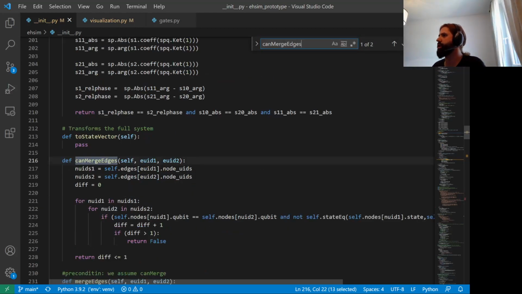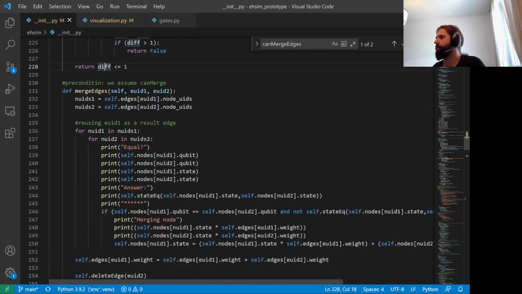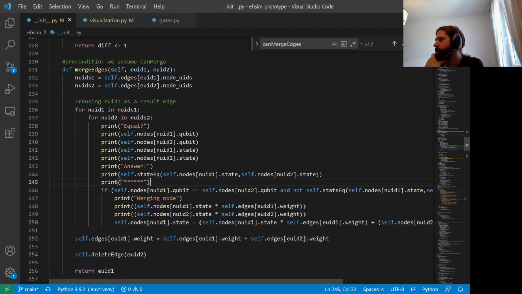Can merge edges. So what this does is it takes the edges and then it calculates these. And okay, so if there's more than one difference, then it's false. If there is no difference or one difference, then it's true. And then what the merging is doing, which has a bunch of debugging printing here at the moment, is just